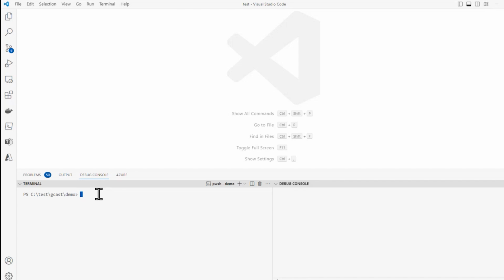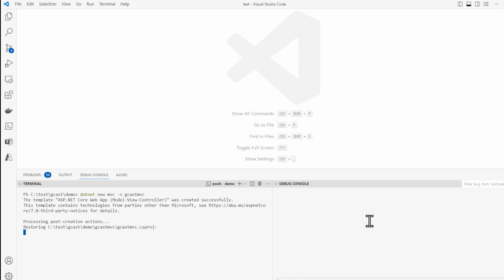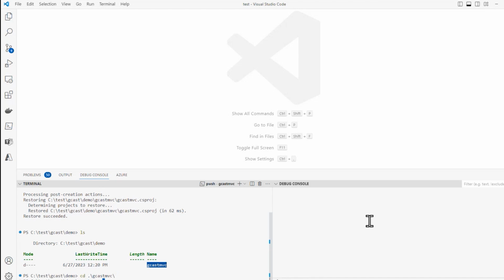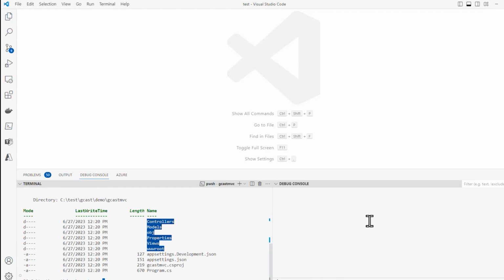And I'm going to run a command, dotnet new mvc. I'll give it a name, GCast MVC, and run this. This will pull down a template and create something based on that. So if I do a list here, now I have a folder called GCast MVC. Let me change to that folder, GCast MVC, and you'll see that there's a bunch of folders and files inside